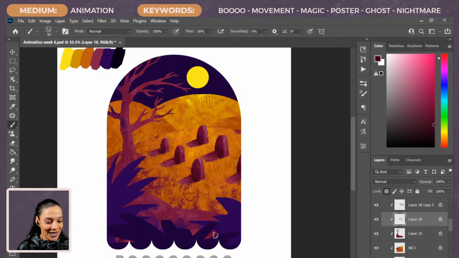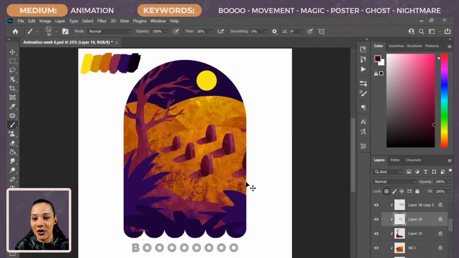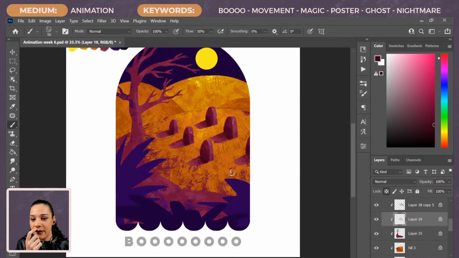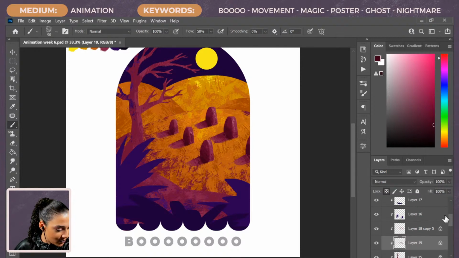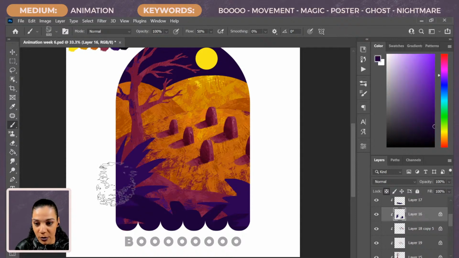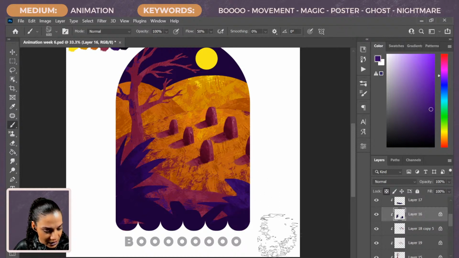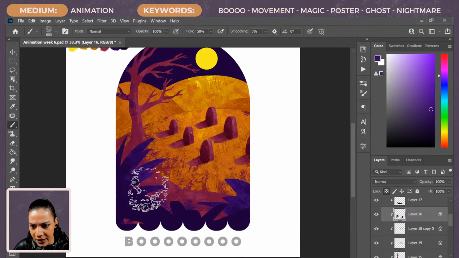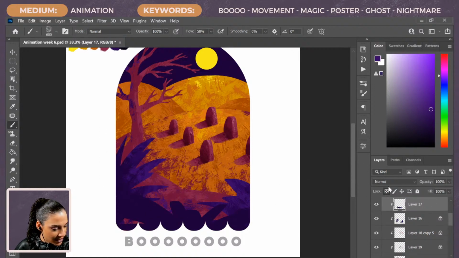These textures are looking fantastic. Thank you, Aja. I'm trying to give it kind of a painterly style. So we've got our tombstones, we've got our hills, we've got our tree. Let's work on our bushes. Let's lock the transparency on this. Let's grab some darker purple and pull this dark color in from the edges, and then grab a lighter color and throw that lighter color on the edge of the plants. Boom.